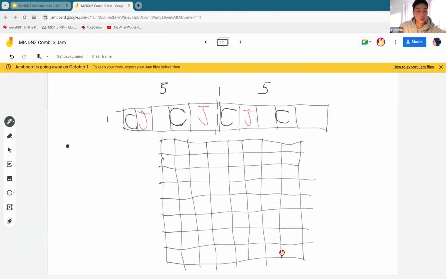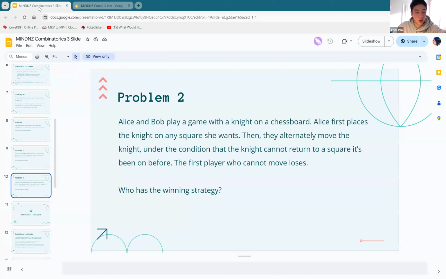So what I mean by a pairing argument is you can think of our strategy here as pairing squares, right? Where this square is paired with this square, which is paired with this square. It's basically saying if I play in one of the squares, then Jerry will play in the corresponding square that's paired with it. If you place in that square, I'll place in the paired square. So for this question, maybe try to find a way of pairing squares